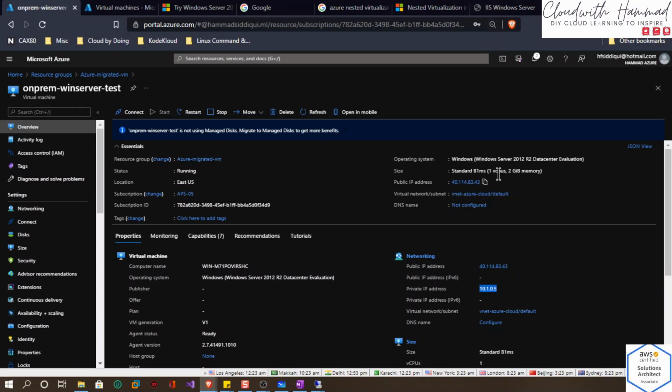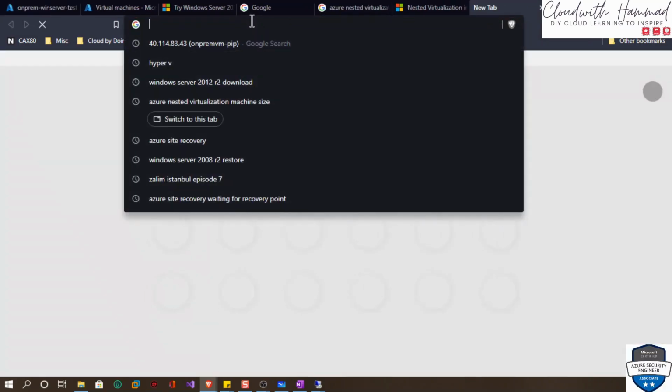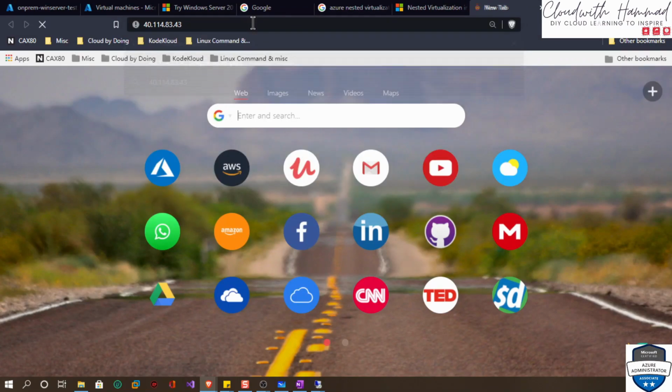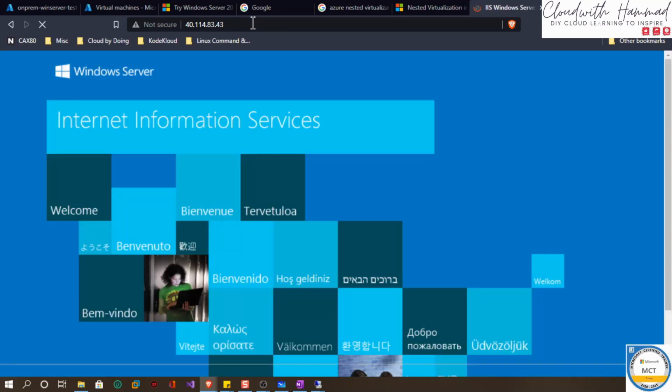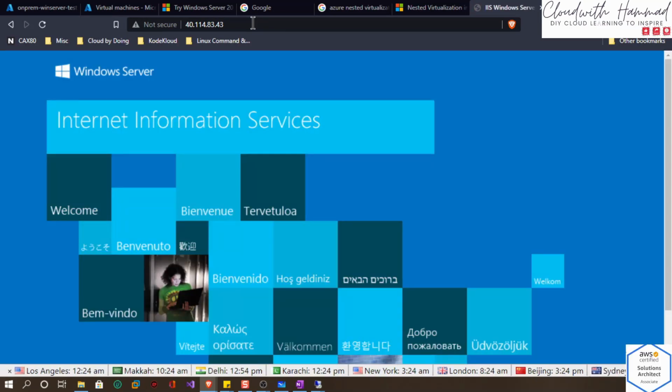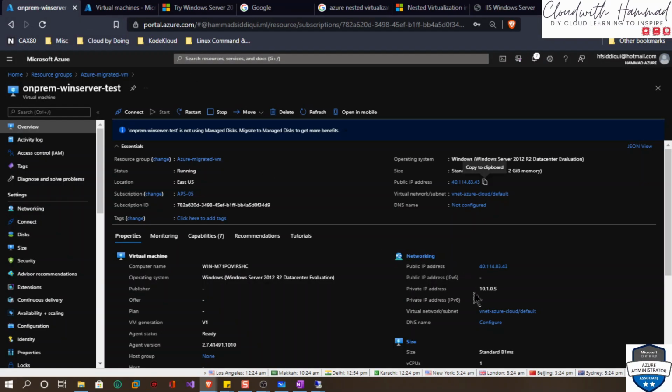And so I copy this and I put this onto here. So this is going to show that our IIS, the one that we installed in our VM, is now working just fine. So you can see that the test has successfully failed over to the new machine, to the cloud. So now once this is done, we're just going to go back here to our resource group,